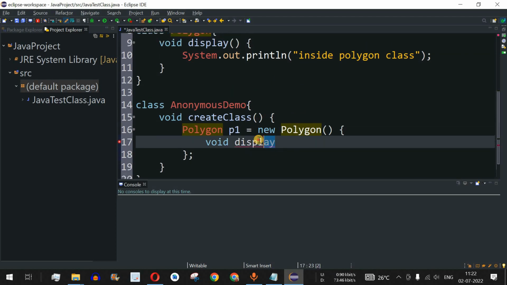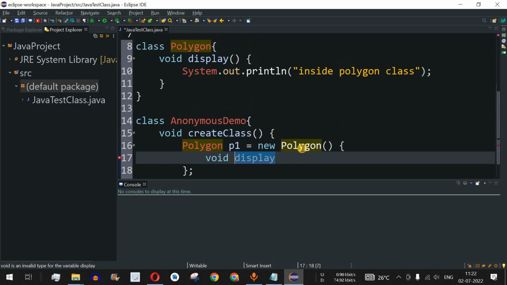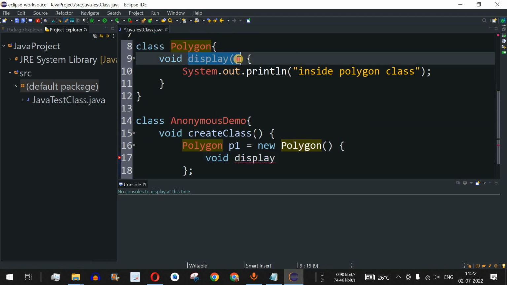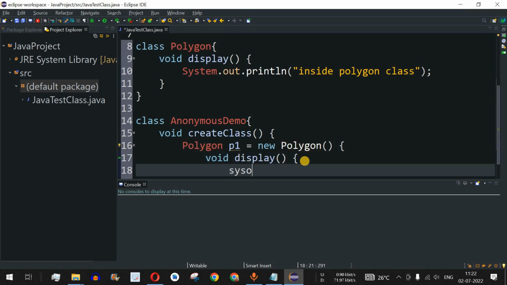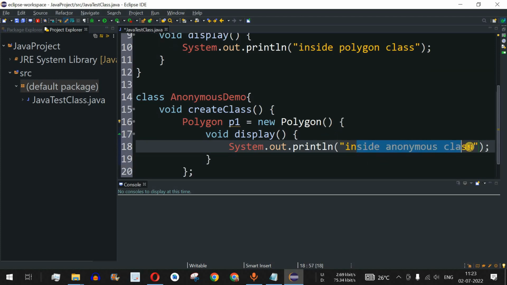We are going to use the same name as that of the method already defined in the super class, with no parameters again, and then a print statement saying "inside anonymous class", in order to identify that we are inside an anonymous class.